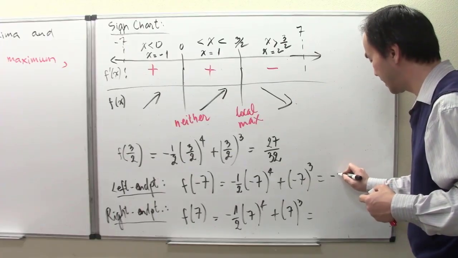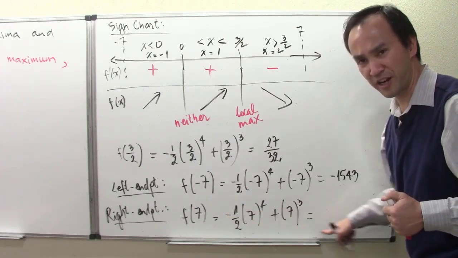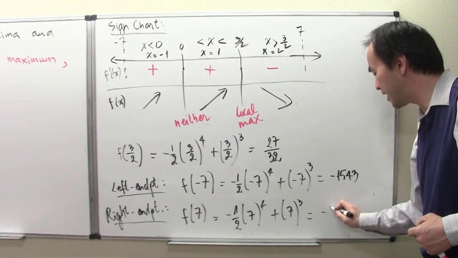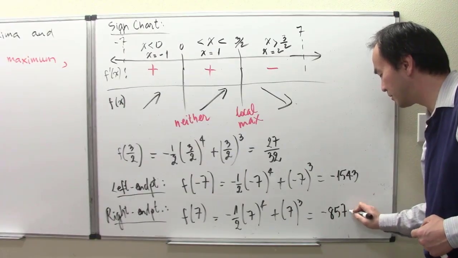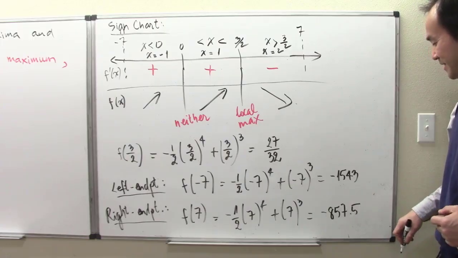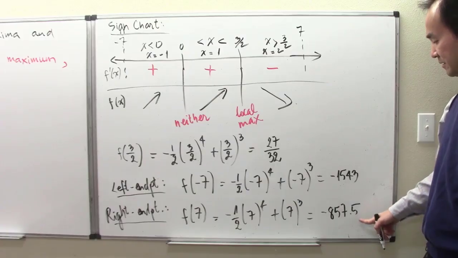-1543. Okay? But then right endpoint, anyone who got the right endpoint, go ahead and say it out for me. -857.5. Is that what you said? Yeah. Okay. All right. So we got left end, we got right end,